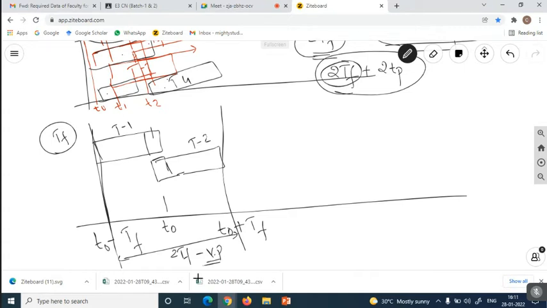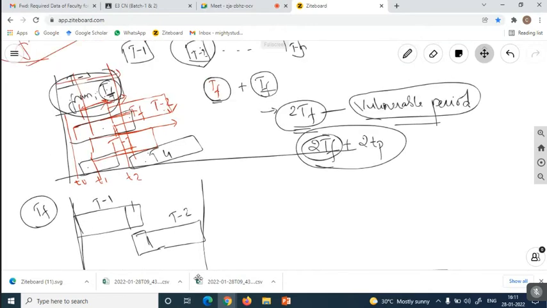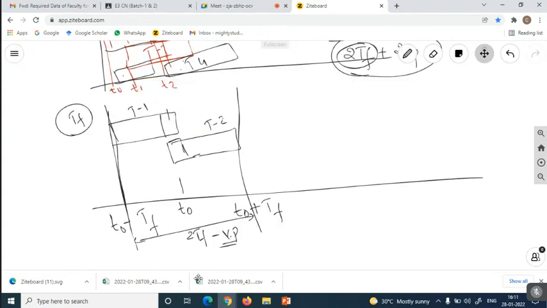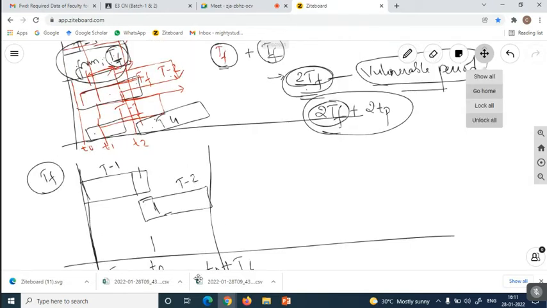That means when two frames are in collision, as we calculated here, this much amount of time it is going to take to come out of the collision. So if two frames undergo a collision, after which time period the frame is going to come out of the collision is a 2TF value. And next, after taking the 2TF for a particular frame to come out of the collision, it has to propagate to the central node, and again it has to get the acknowledgement.